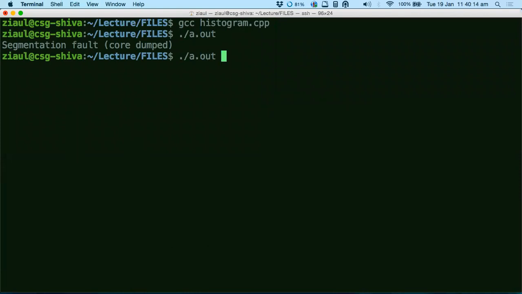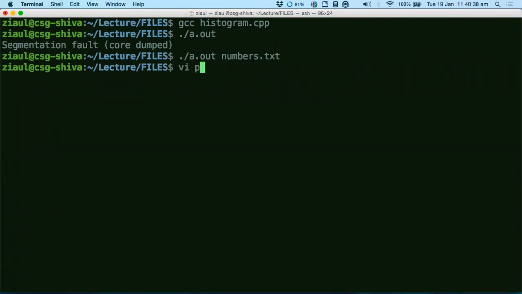Yes. Okay, sorry. Now there will be a segmentation fault. Why? Because I did not give it a parameter name. I did not give it an argument, right? So that means there is nothing in argv apart from the name of the executable, which is in argv[0]. So I am trying to access argv[1] when there is nothing in argv[1]. That's why I'm getting a segmentation fault. I have to actually give it a name now. So let me call it numbers.txt.